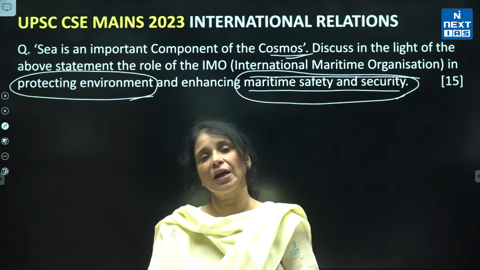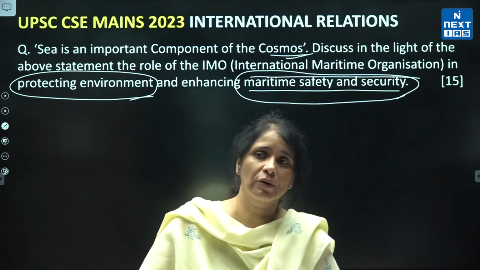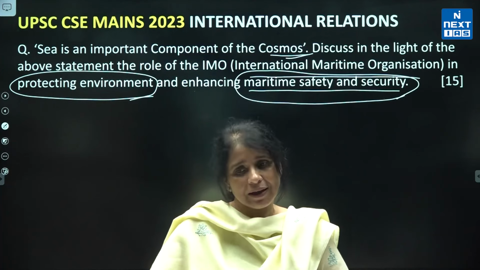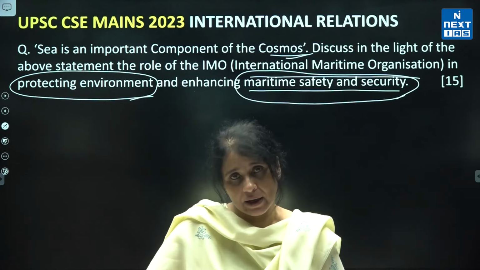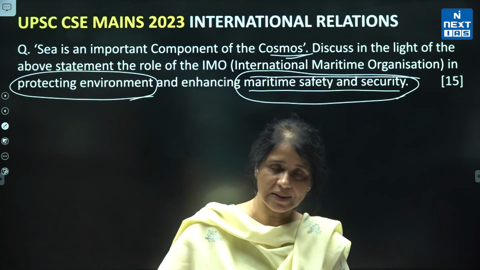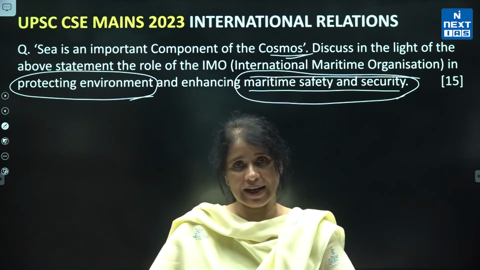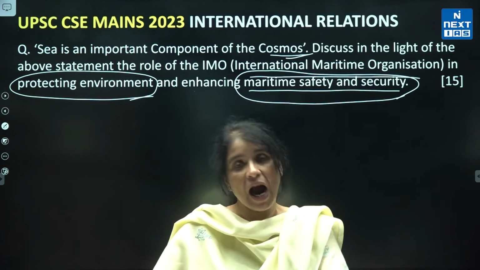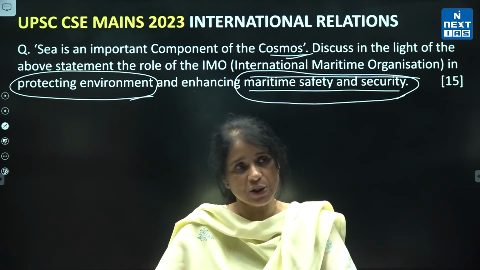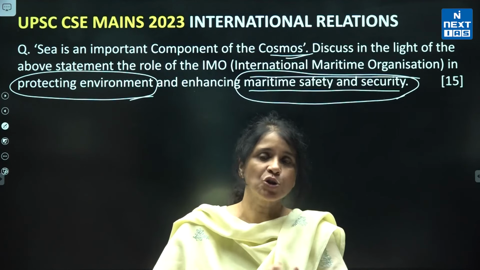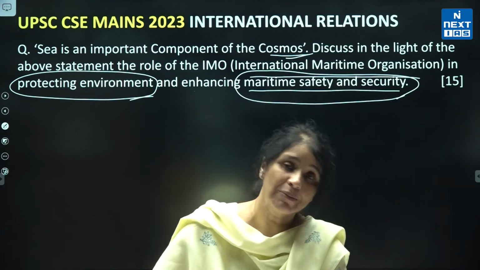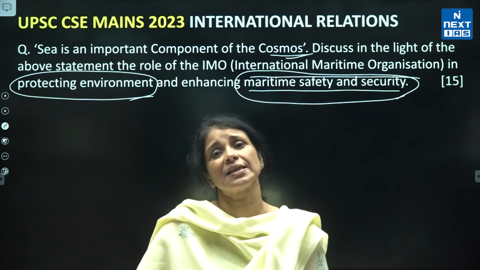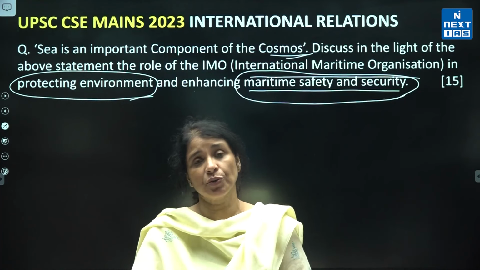So here we come to the end of all the 4 questions. The questions were quite simple and straightforward, but they need your current awareness and some basics. Your basics should be clear when it is talking about SCO. What is the problem in SCO? That's a basic issue, and how India can help in that. What India has been doing over the last many years to resolve issues there, you can map with it. Diaspora: how the diaspora is currently rising and how it is going to help us,